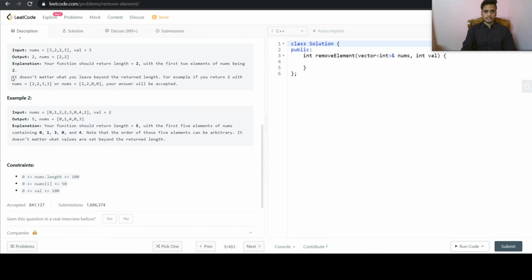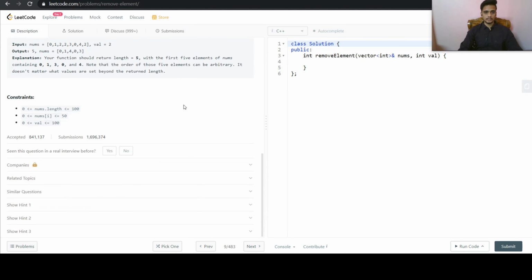So, see here, it doesn't matter what you leave beyond the returned length. For example, if you return 2 with nums 2233 or nums 2200, your answer will be accepted. So we can just shift these numbers to the last and it doesn't matter. We just need to shift these numbers in place of this number.